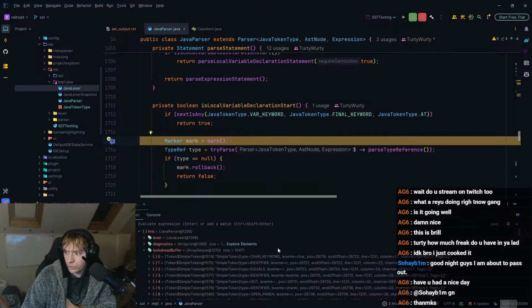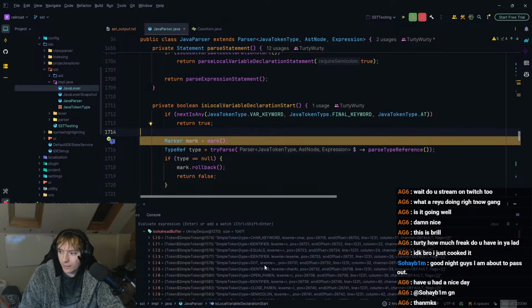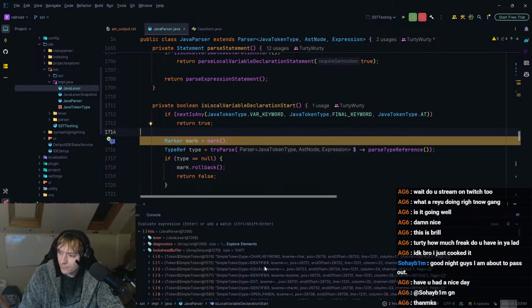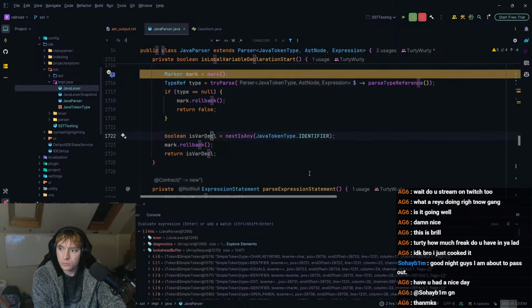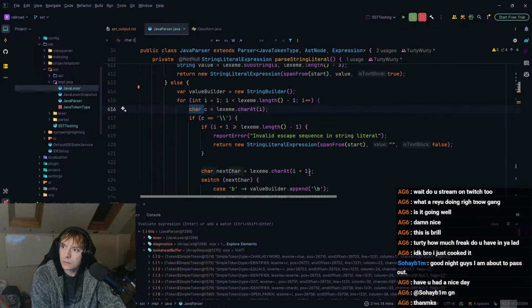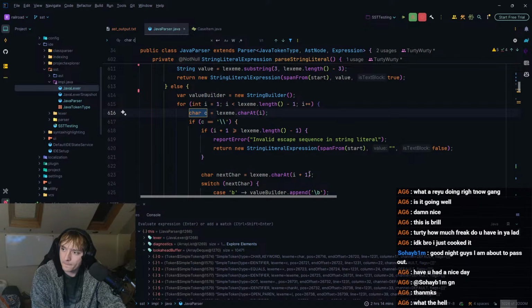It has found char C is equal something. Okay, why has it done that? Char C. Okay, according to that, it's here, which doesn't make any sense.